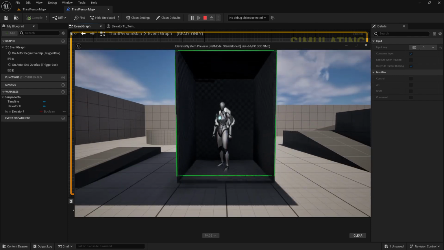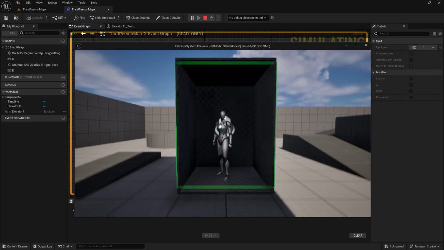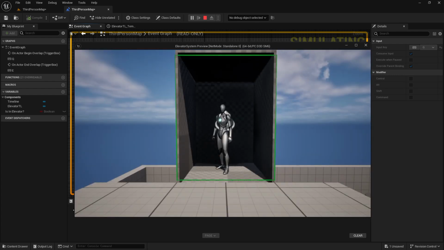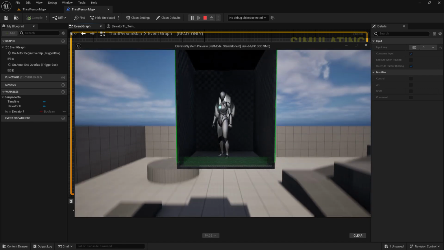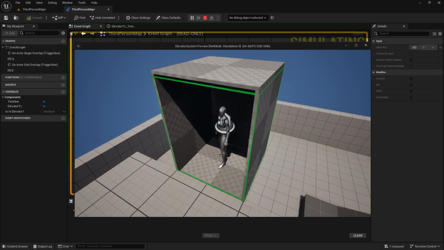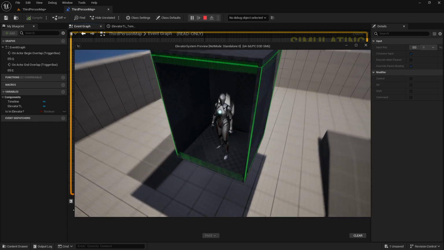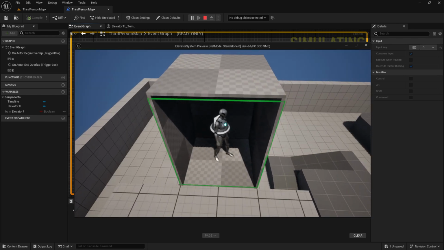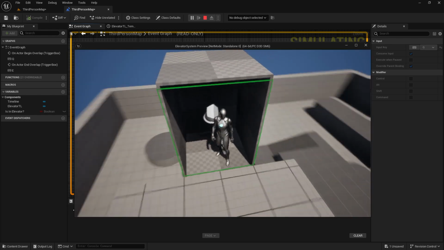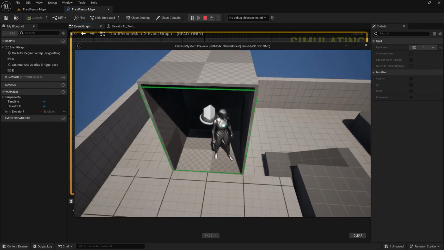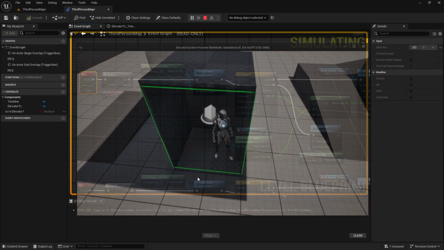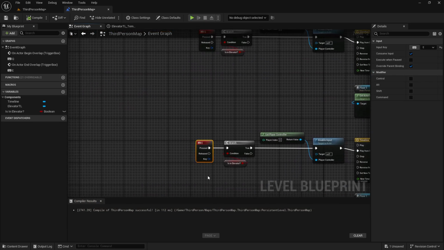Okay, now it seems it doesn't work. Why is that? Oh no, it works, but there's some lag. Okay, it has some lag. Let's see why that is. But the logic works. We can test this by dropping a print string node here,